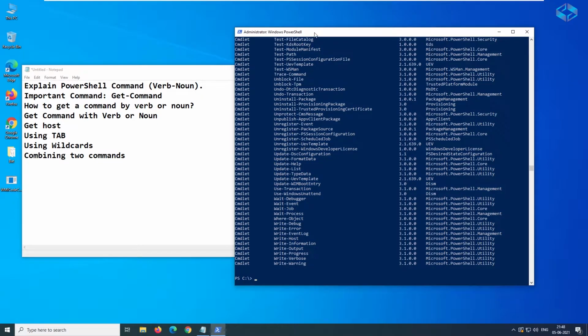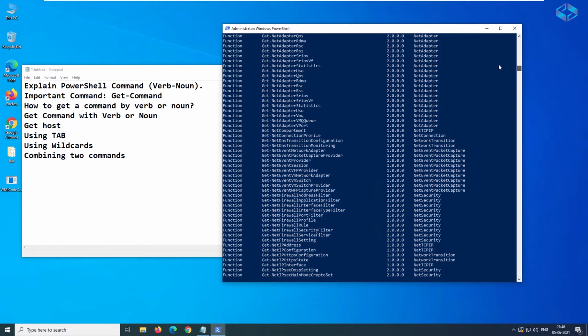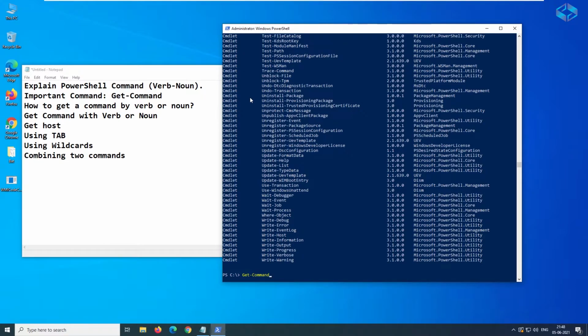Currently we don't have any extra modules installed, so I just have the default Windows PowerShell cmdlets, all built in. Get-Command will give you the result of all the commands available in this particular session. So this is the important command.